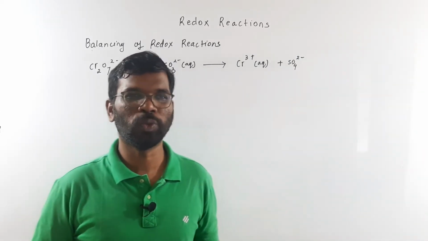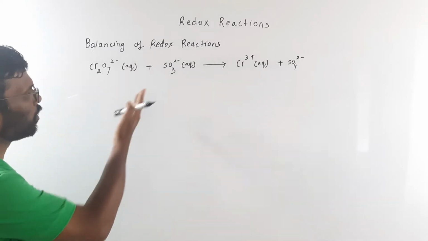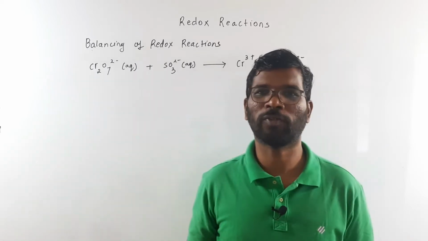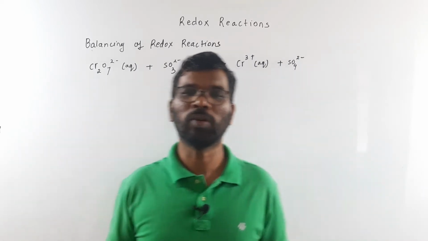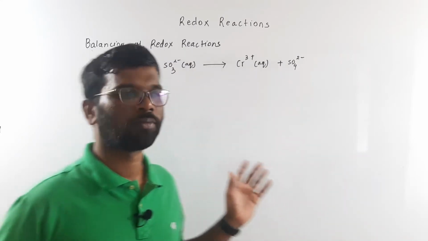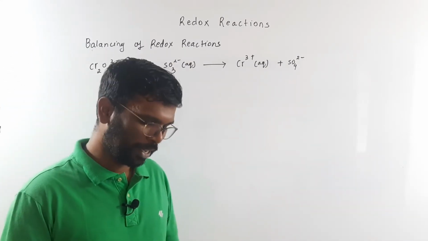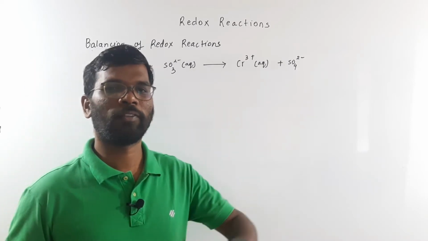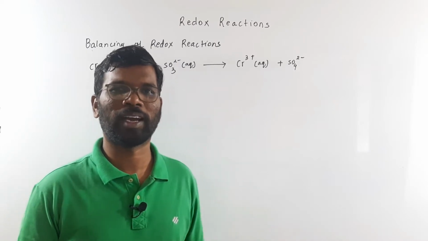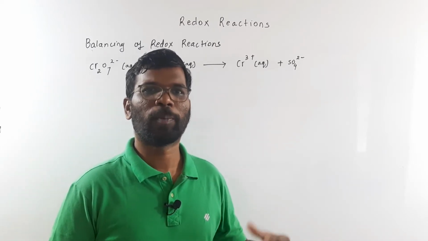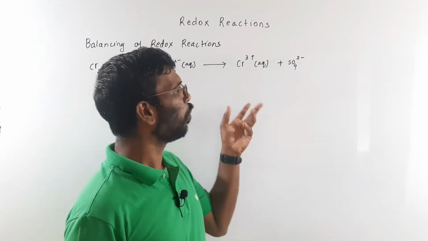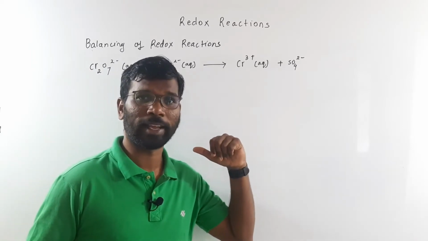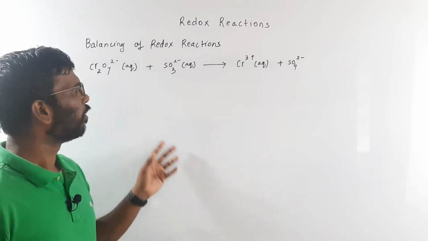If I tell you to balance this reaction, which is written on the board, the balancing of the redox reaction, not only in terms of the atoms, I also want you to balance the charges. Both the sides should be balanced, right? So it is not possible for us to do by a trial and error method. For normal reactions, we do a trial and error method and we can get a proper balanced reaction, right? But over here, there are charges also, and if I tell you to balance this, it will take a tough time for you to balance this.